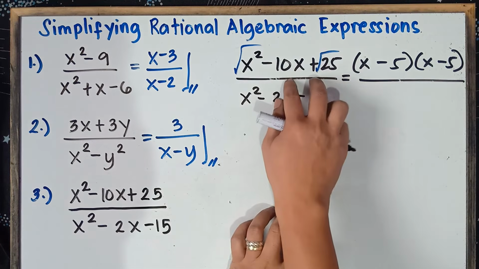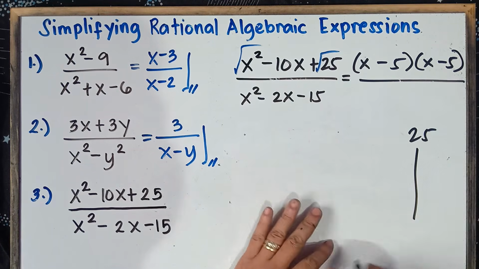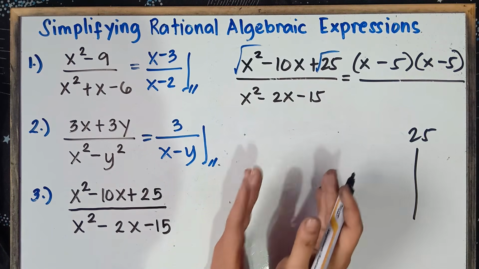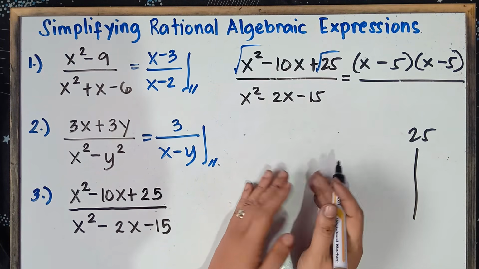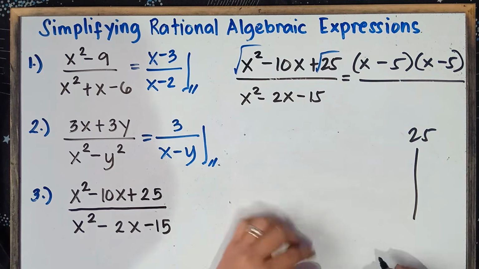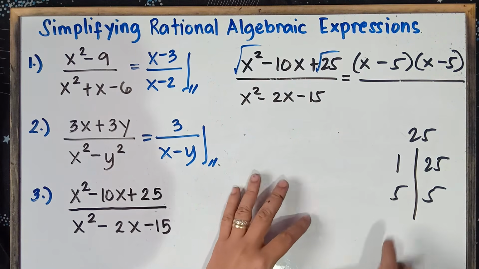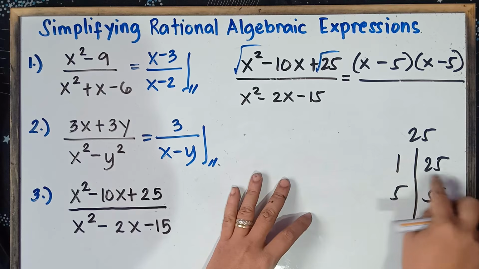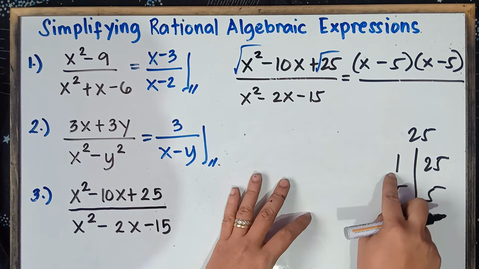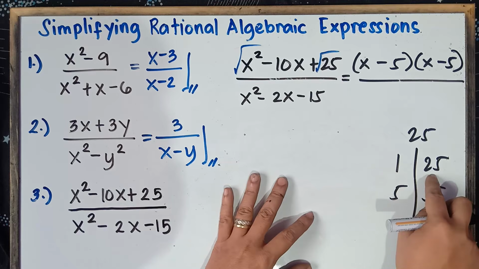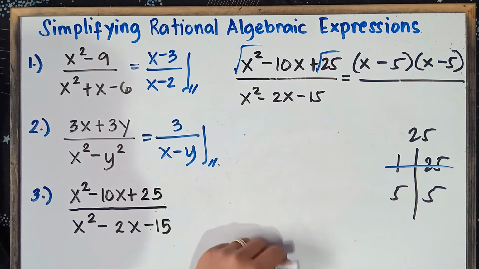So factoring this out by using general trinomials, copy 25, the constant. You think of two numbers that when you multiply the two numbers, you will get 25. When you combine the two numbers, you will get 10. So the factors of 25, there will be 1 times 25 and then 5 times 5, right? Of course, we cannot select 1 and 25 because it is impossible that we can get 10. If we add 25 plus 1, that would be 26. If we subtract 25 minus 1, that would be 24. So it is impossible that we will be selecting 1 and 25.